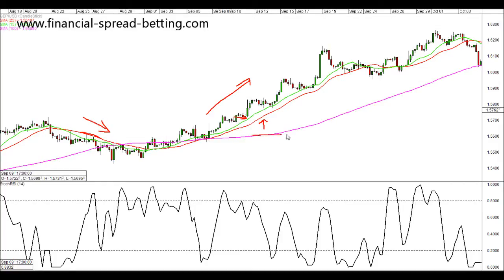Firstly, I have this longer term moving average, which is a 100 SMA, and that signals the longer term bullish or bearish bias. So apart from this moving average cross, one moving average being above the other, price also needs to be above this 100 SMA for long positions and below it for me to open short positions. I also have a stochastic,